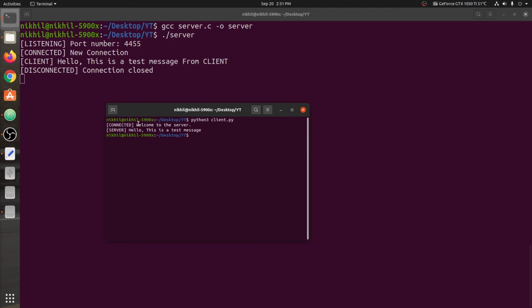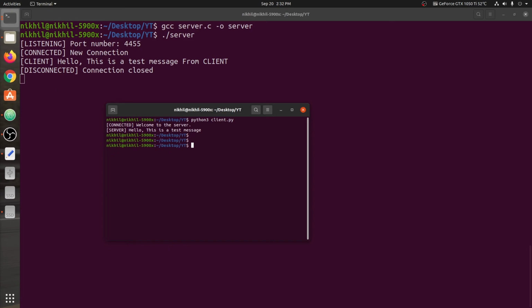On the client you can see welcome to the server, and on the server you can see connected, new connection. Then the server sends a message to the client, which prints that message on the screen, hello, this is a test message, and this message is replied back to the server with a few changes, with a few additions. So you can see on the server screen it's written client, hello, this is test message from client. Then the connection is closed from both parties.